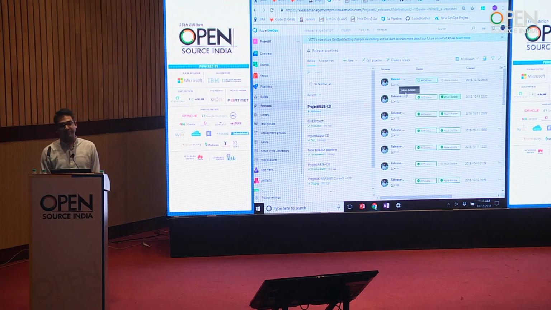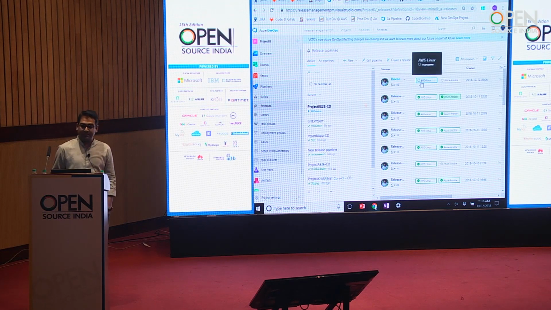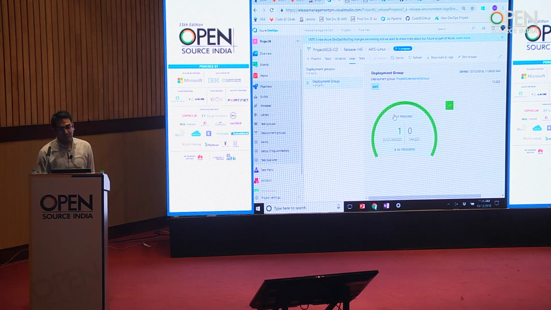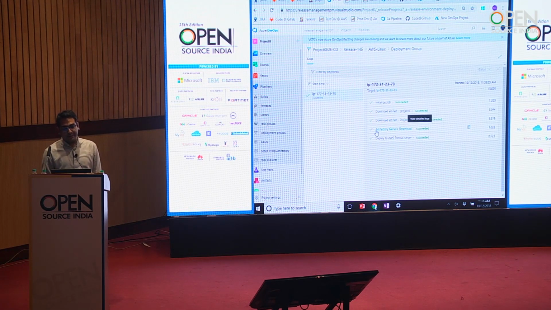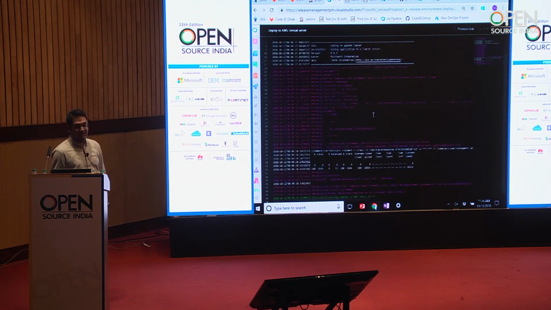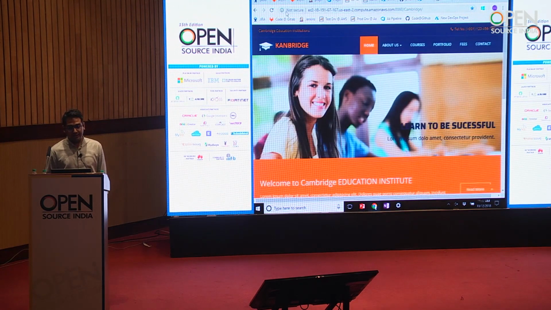So it triggered a release pipeline. What we are doing over here in the release pipeline is deploying this application code to an AWS instance. How are we doing that? We have uploaded the application code to a repository, which is Artifactory in this case. We can go into details later on. And then we have deployed this to a Tomcat server, which is running in my EC2 instance. Because I have deployed to my EC2 instance, ideally this should update. Voila. So an update has happened on my testing environment.